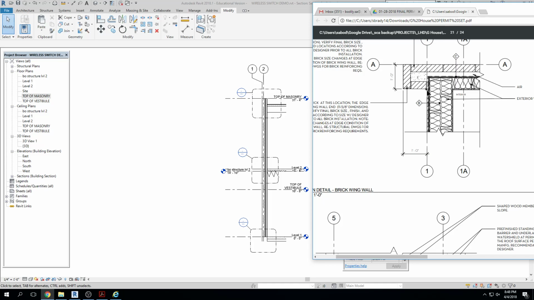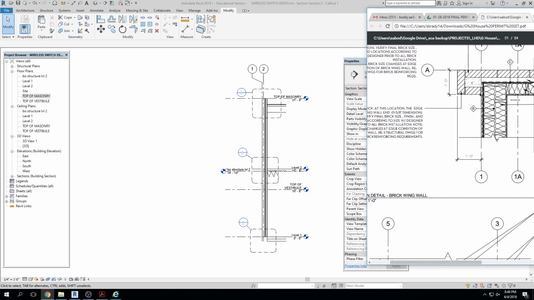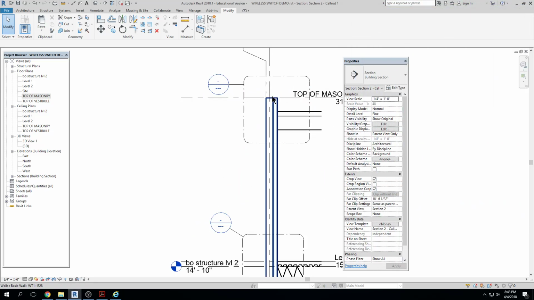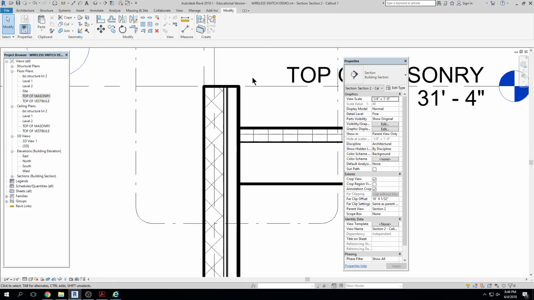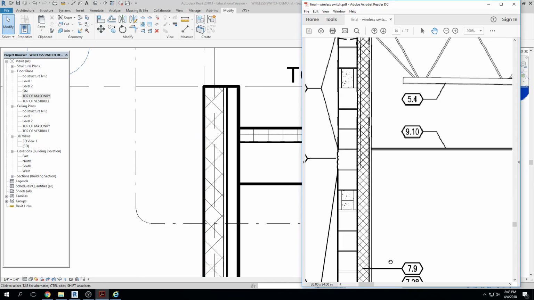Little sealant right there. So you're going to use detail, that's a good example. You're going to use detail lines maybe to create a dashed line for your building wrap or your vapor barrier on the inside, right? But most of these, when you generate them, they look like this when you start, right? And then you have to add that level of detail to them to make them look like they should with